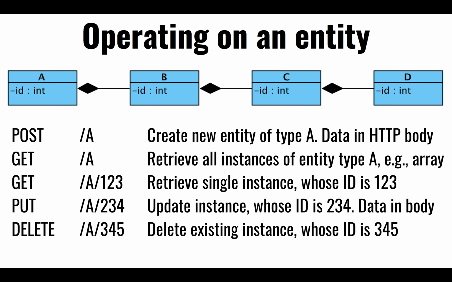This might be a misnomer, because class diagrams are typically singular. So that A usually is a noun, but it's singular. I guess I should update my slides, since RESTful services suggest that all these would be nouns. So A is a noun, and it would be in the plural. So this would be POST employees: create a new entity or new record of type A, and the data is in the HTTP body, either as XML or JSON or whatever it is that